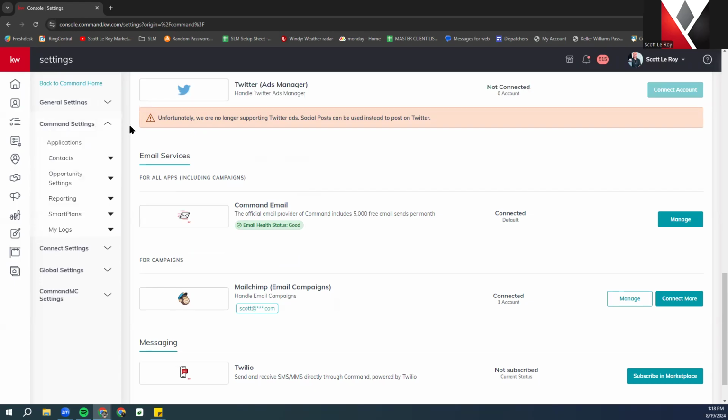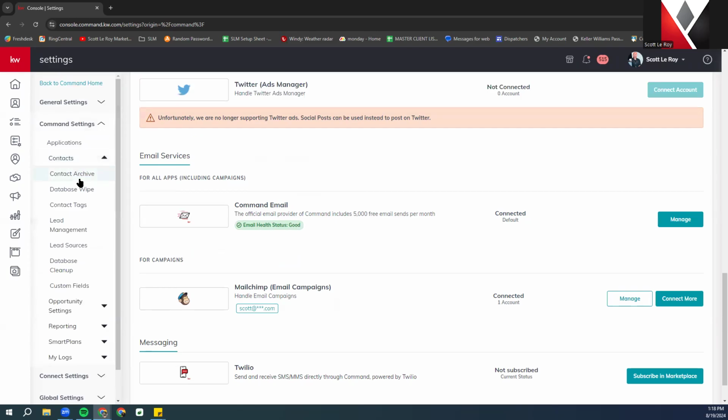Under command settings, you do have options for your contacts. You have your contact archive. So if you're going,